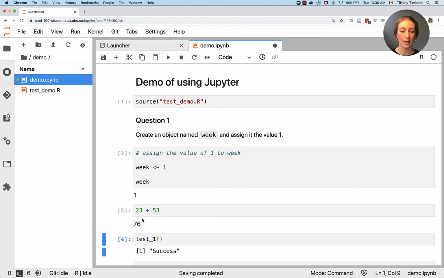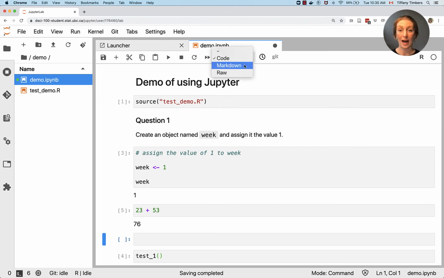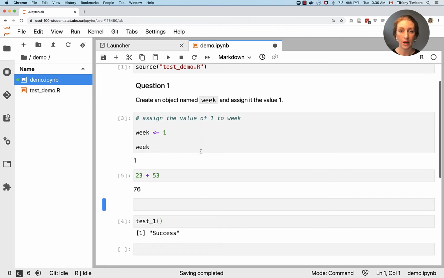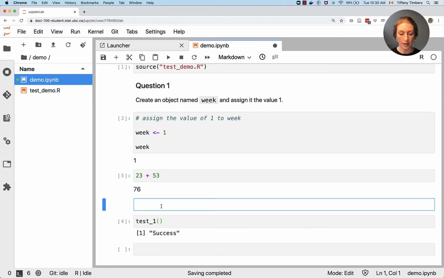If we want to then add a markdown cell, say I wanted to add it right after here, again I would highlight this cell, click the plus button, but this time I need to change what kind of cell it is. So I'll go up to the drop down again, and this time I will actually click markdown. And now I have created a markdown cell, and I can create